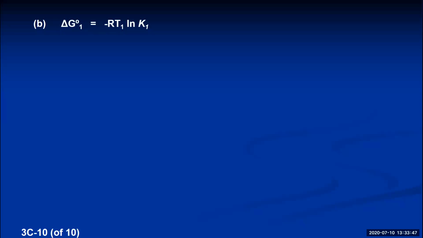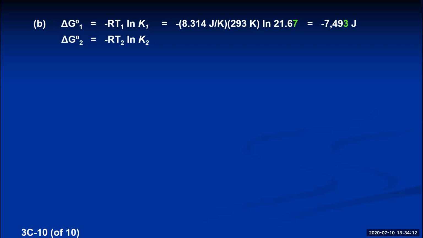At the first temperature, delta G naught at 20 degrees Celsius will be negative R, multiplied by the temperature in Kelvin equivalent to 20 degrees Celsius, which is 293, and multiplied by the natural log of the equilibrium constant at 20 degrees, which was 21.7. So I get a delta G naught value at our first temperature of negative 7,493. At our second temperature, which is 60 degrees Celsius, we just use the Kelvin equivalent of 60 degrees and put in the equilibrium constant at that temperature. So the temperature is 333. The equilibrium constant was 56.63. So the delta G naught at this higher temperature becomes negative